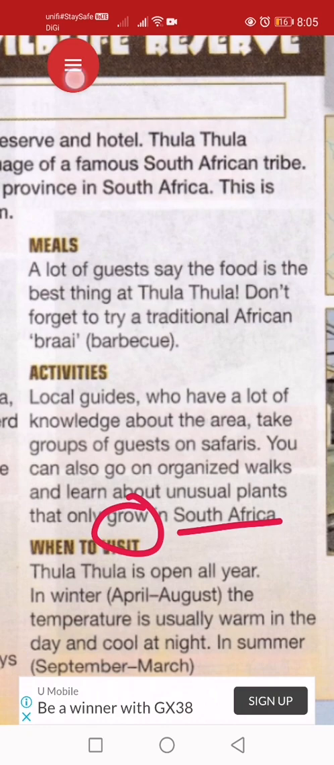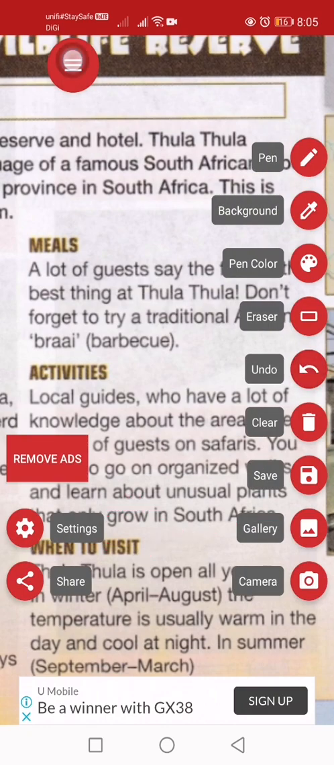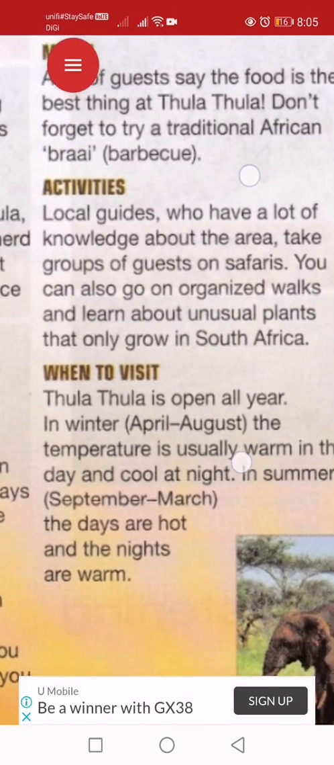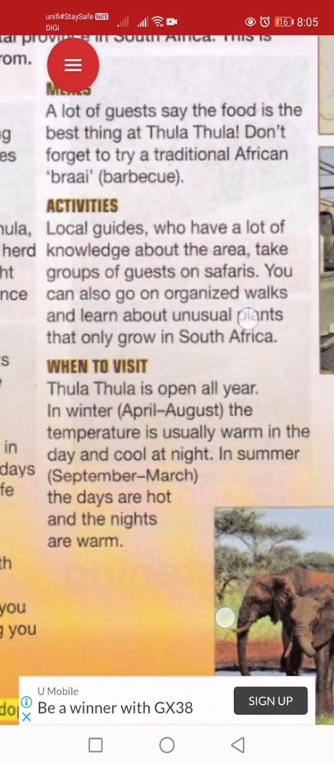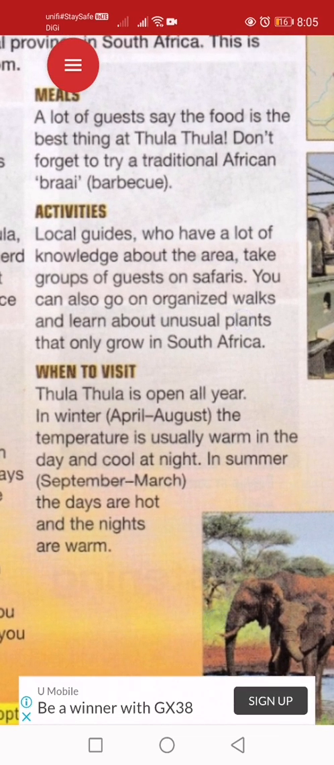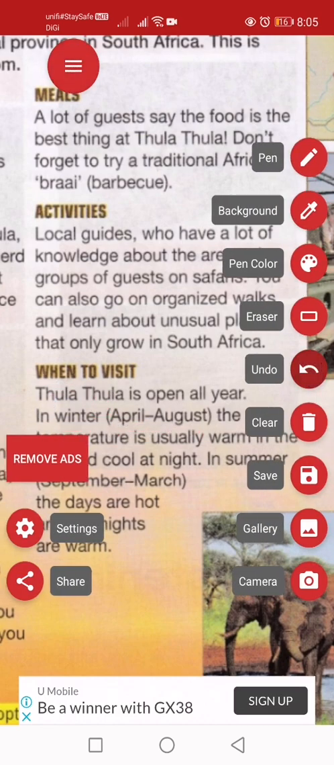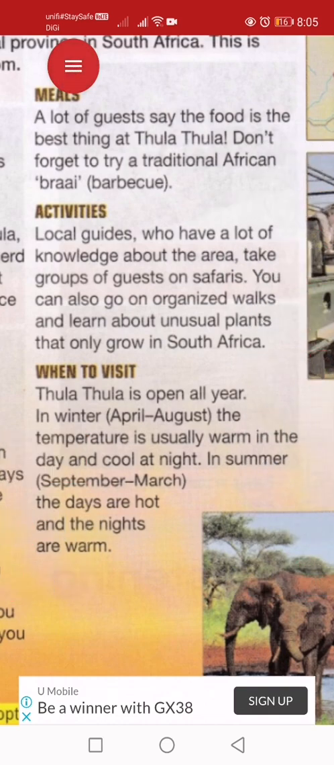And the last one, di mana kamu boleh visit, when to visit. Okay, bila kita boleh pergi visit. Tula-Tula is open all year. Mereka dibuka sepanjang tahun. Oh, dia ada musim sejuk. Oh, in winter it is from April to August. Wow. Okay, ada musim sejuk mereka, tapi mungkin tiada yang jenis salji lah, dia cuma sejuk saja, like maybe 20